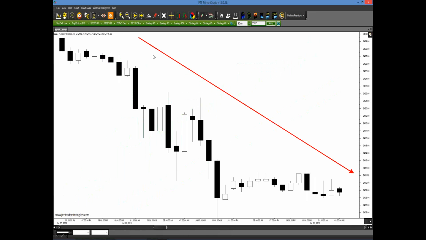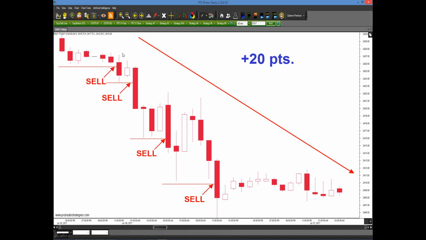Now here's an hourly chart, obviously in a downtrend. Makes no difference. We click on the PET D. We knew well before the market fell out of bed that we were going to be going short because the bars are all red. So we applied the same technique. And remember, this is just one of multiple techniques. This is just one of the easiest and the simplest ones to spot. There are so many other techniques for trading with the PET D. But with this simple technique, that's 20 points to the downside in the next few days, okay? We're talking about $1,000 per contract.